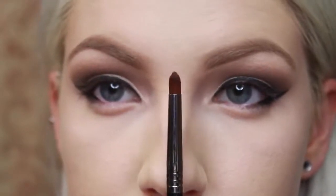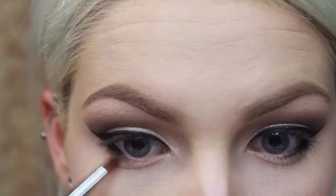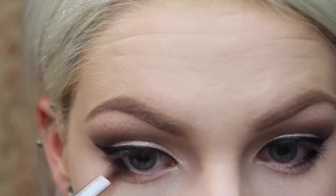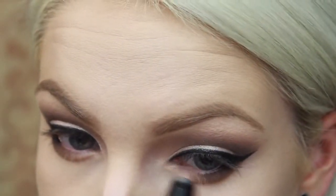Then on a pencil brush and that warm mid-tone brown again, I'm going to be smoking that out even further. We want this to be really smoky and gradient under there, so this light brown is going to help blend out the dark brown. Then I'm taking the NARS Cream Shadow Stick in Goddess again, and I'm placing this on